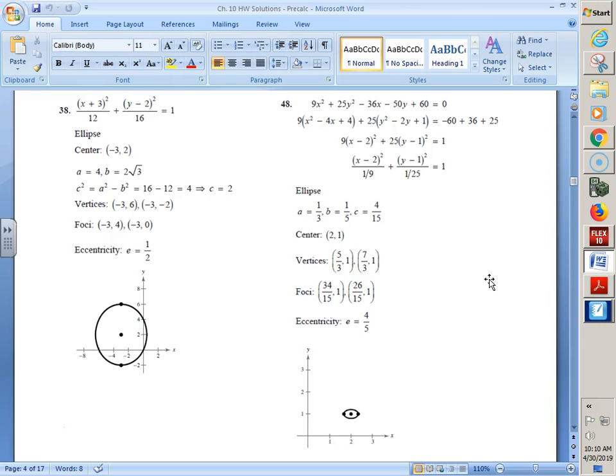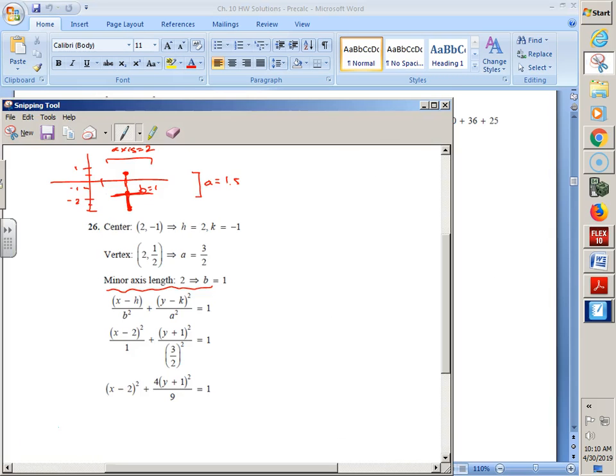Hopefully you guys can see how they pulled out the H, K, how they square rooted to get the A, square rooted to get the B. Square root of 12 is square root of 4 times 3, which is 2 root 3. They plugged both of those into their formula to find C because they needed C to get to their foci. And once again,